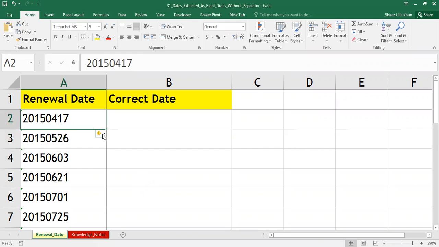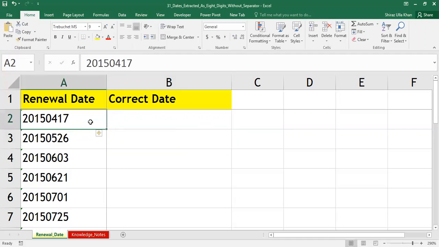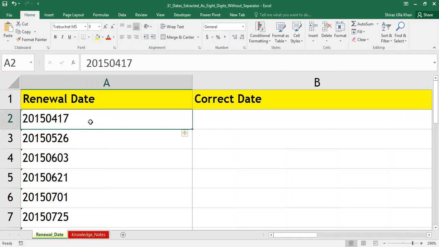And one more way is, if I press control tilde, which is a shortcut key to see the formulas behind a particular Excel sheet or see the number behind a date. I'll press control tilde. Control tilde is this symbol, people. This is the symbol for control tilde, which is there in your keyboard just below the escape key in the leftmost corner of your keyboard. So I'm pressing control tilde. If I just click on cell A2 and press control tilde, you'll see the same number.